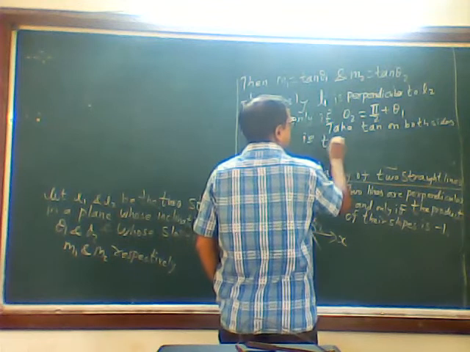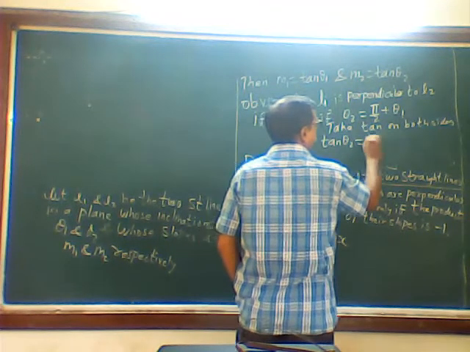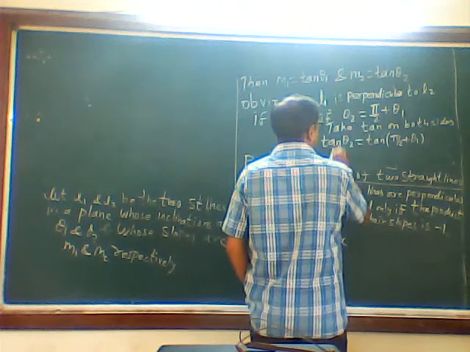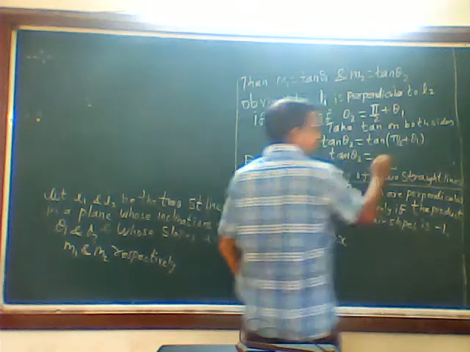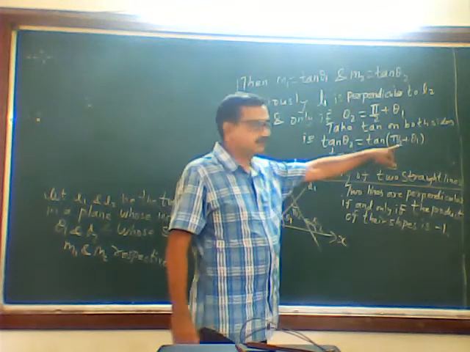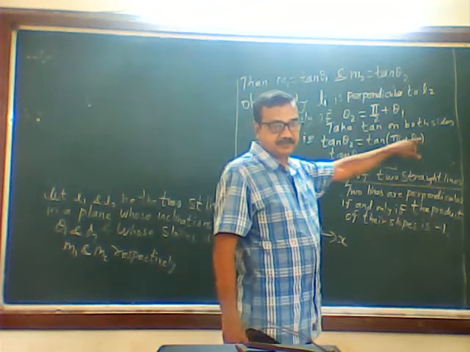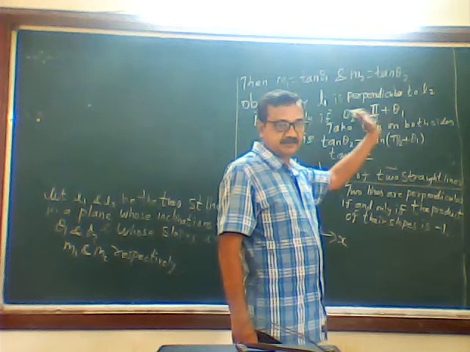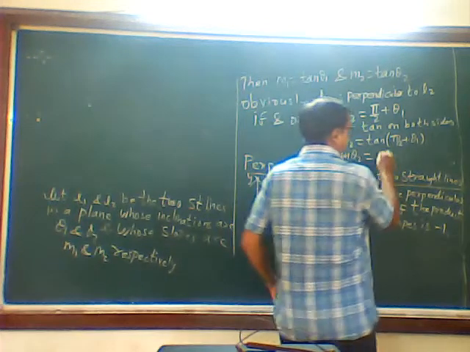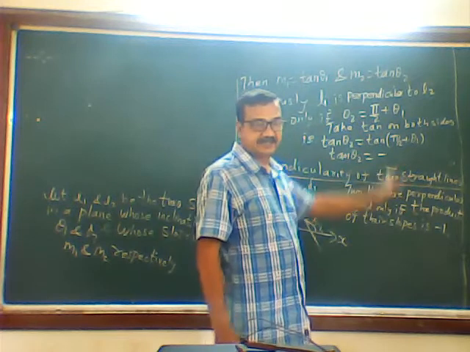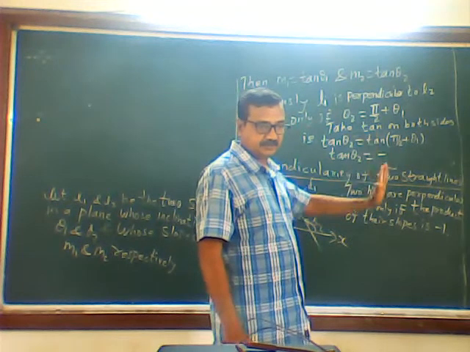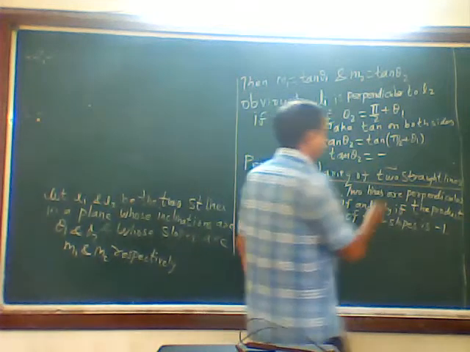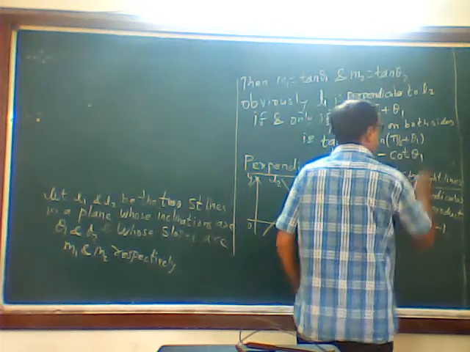That is, tan of theta 2 is equal to tan of pi by 2 plus theta 1. Okay? So already here you have learned allied angles. Tan of 90 plus theta 1. 90 plus theta means what? It is in the second quadrant. In the second quadrant tan is negative. Since the angle is 90 degrees, lying on the y axis, the ratio converts into the co-ratio. Tan's co-ratio is cot. So it will become minus cot theta 1.